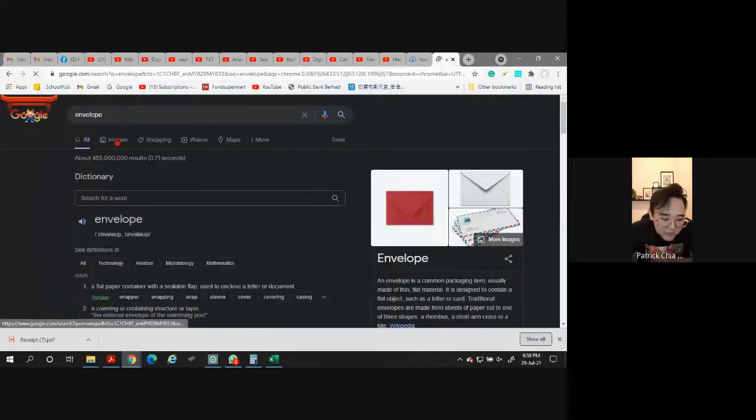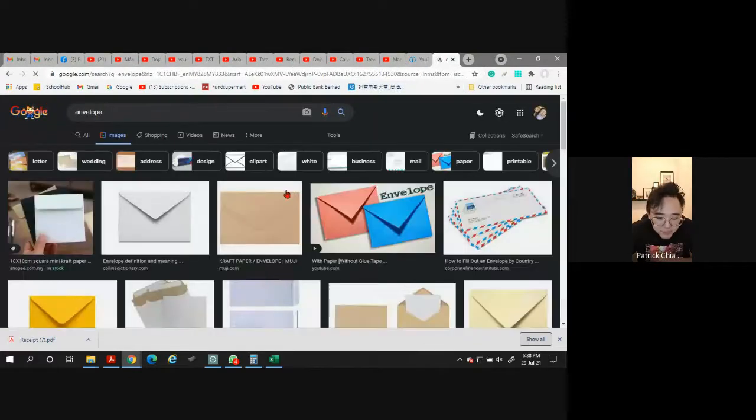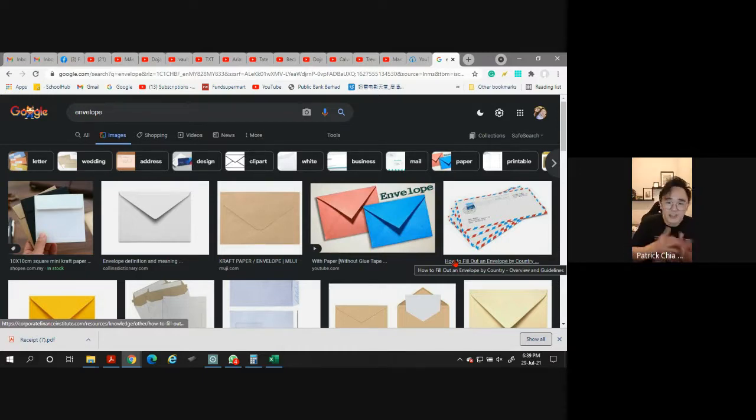Okay. So just a quick one. Yeah, this is envelopes. We do understand that envelope is for us to post letters, but in actual fact, people also buy envelopes to keep something. Can keep money, can keep paper clips, can keep a lot of things. It is to organize stuff also. So that is why it's not necessarily only for postage.